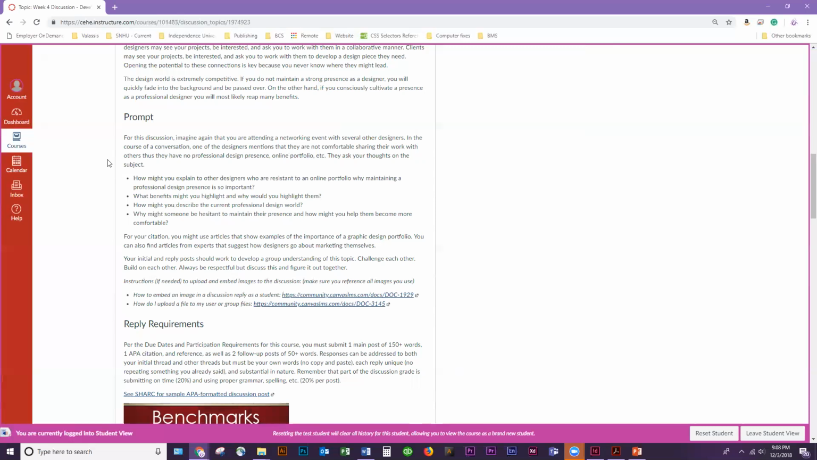So you're going to be explaining to this designer why an online portfolio is important and why maintaining a professional design presence just in general is important. You're going to be explaining what the benefits are and why you feel that there are benefits. You're going to be describing the current professional design world. A lot of it is digital these days. That's kind of the direction that we're heading in. It's not so much print these days. I mean, there is still plenty of that, obviously. You're not going to have a digital box for a toy packaging, you know, but